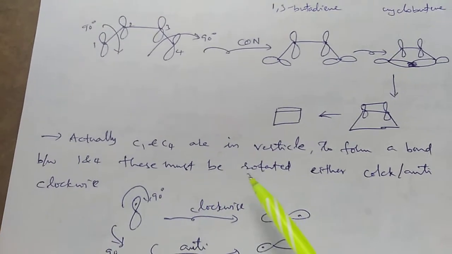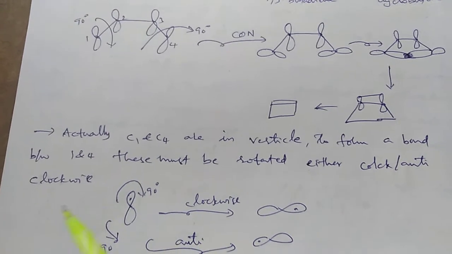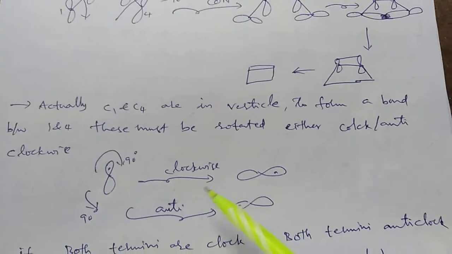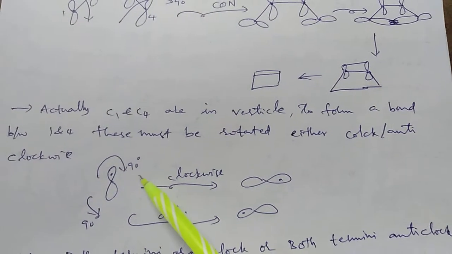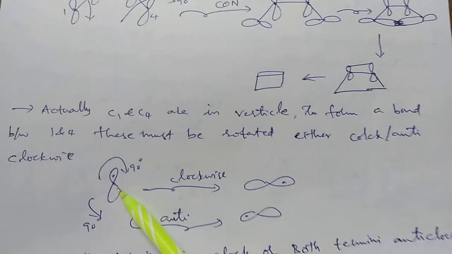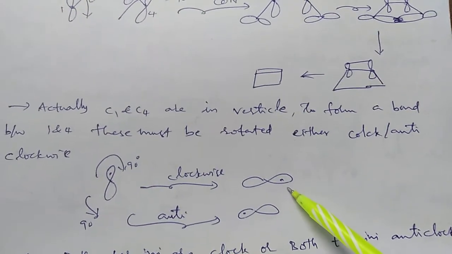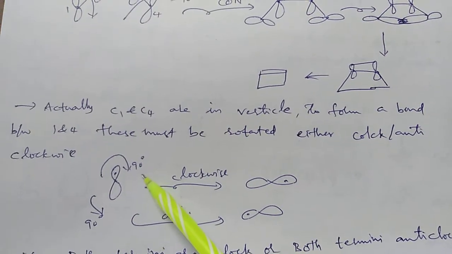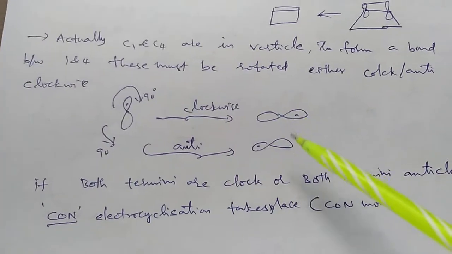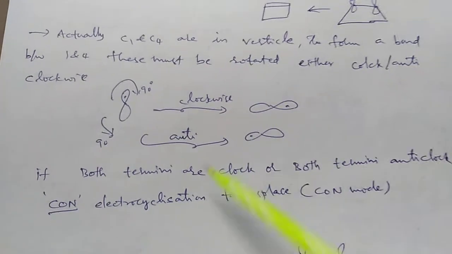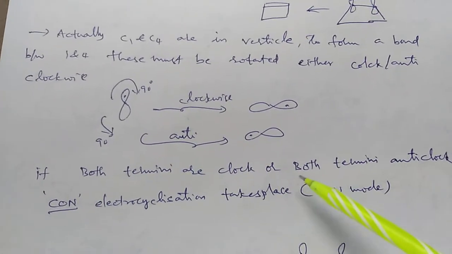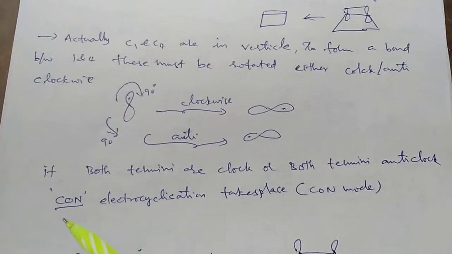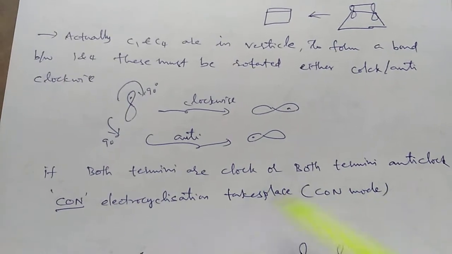these must be rotated either in clockwise or anti-clockwise direction. If we do the clockwise rotation by 90 degrees on the vertical atomic orbital, they form a horizontal atomic orbital like this. If we do the anti-clockwise rotation by 90 degrees on the vertical orbital, they form a horizontal orbital like this. If both the termini rotate clockwise or both the termini anti-clockwise, they form con mode